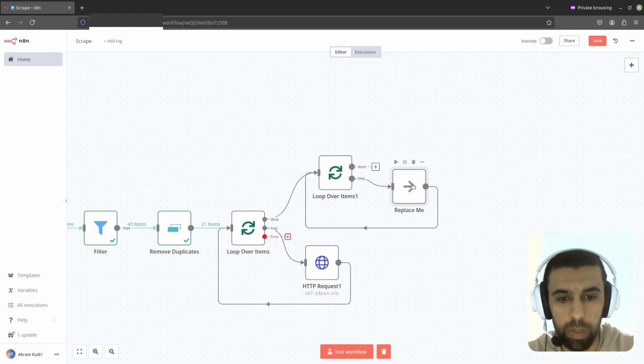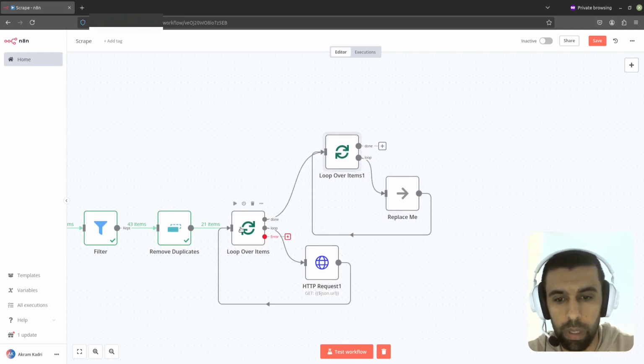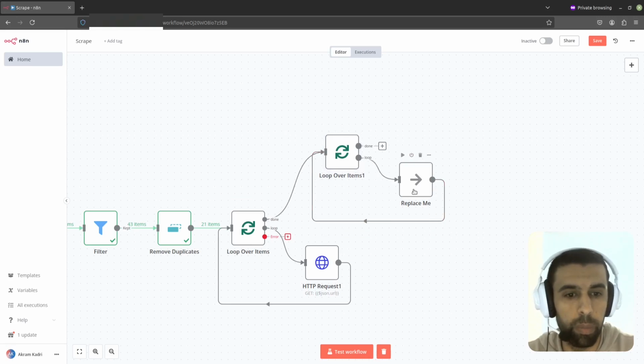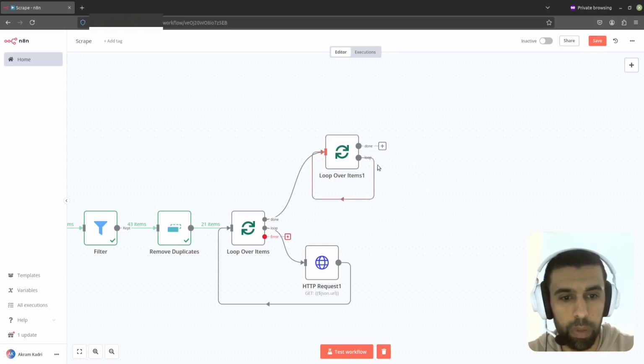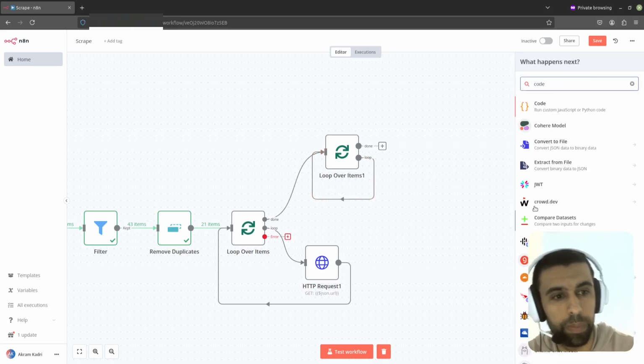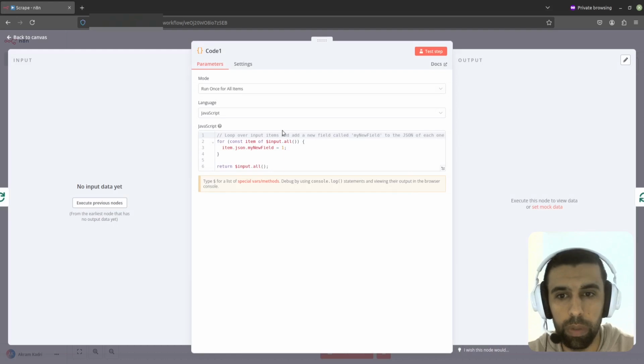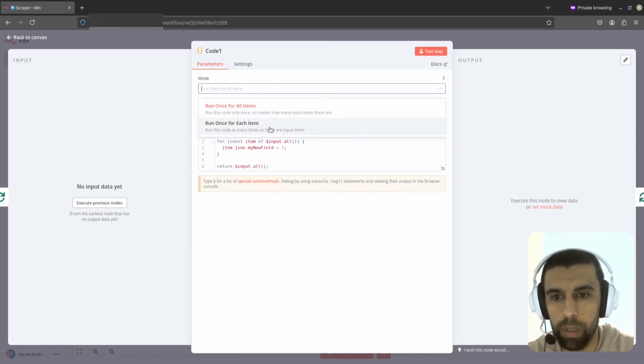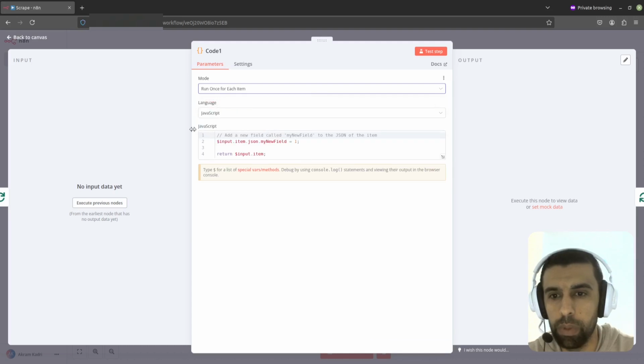And what this is going to do is, after this loop, we're going to have a bunch of HTML pages. So this is going to loop over each page, and then we're going to scrape that page for email addresses. So I'm going to remove this and add a code node. Run some custom code. Run once for each item. And here we're going to paste in